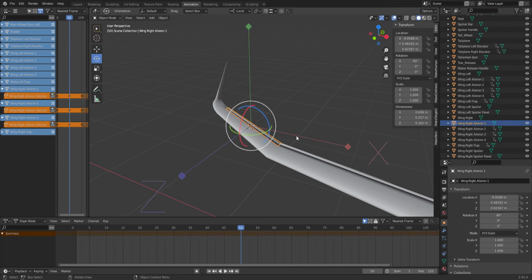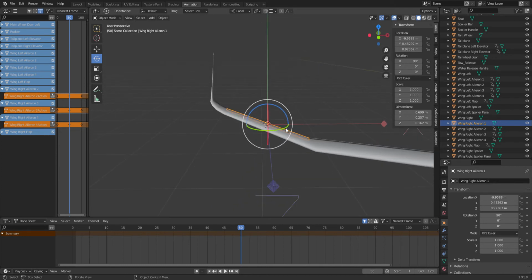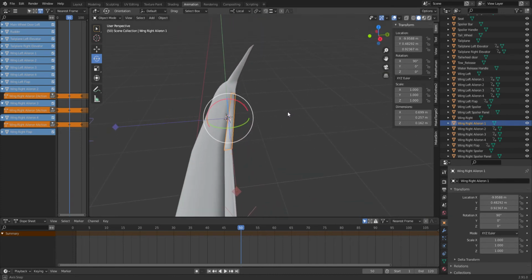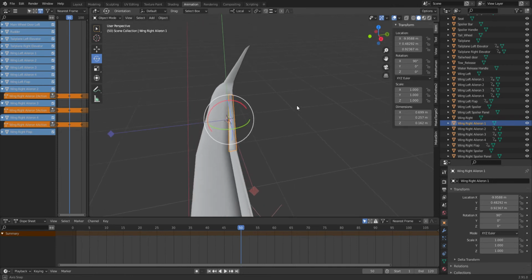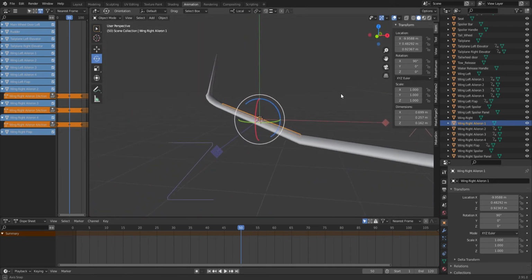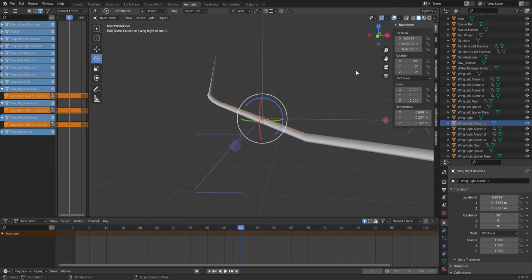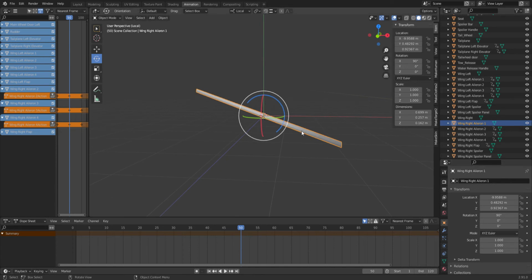And what you can see is when you try to rotate the leading edge of the aileron, it's trying to rotate it along the x-axis, which isn't going to work because, as you can see, you've got a lot of dihedral and a lot of wing sweep there. So it's not following the correct axis. So if I get rid of the wing so you can see it a bit clearer,